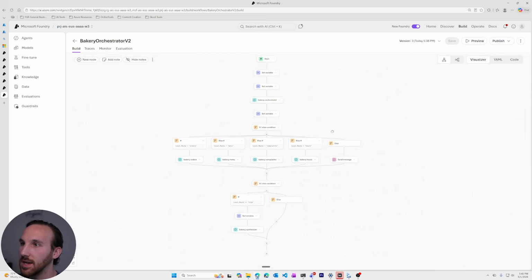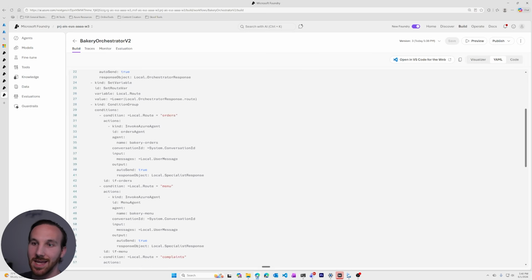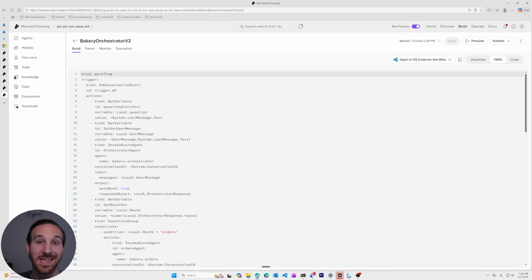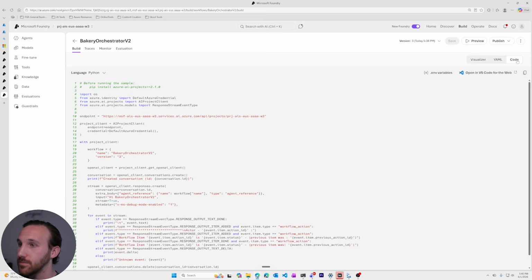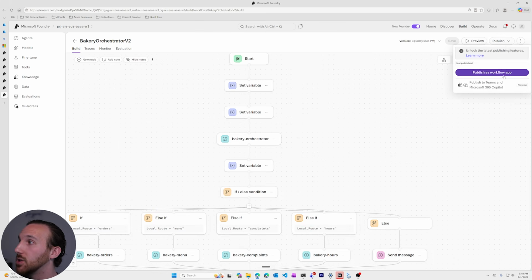Once you have this all set up, you can also see what it looks like in the YAML. If you are building it in code, you can create all the YAML and actually just copy and paste the YAML in here to use this. If you want to start using this in code, there's the code option as well. If you want to publish this, you can publish it